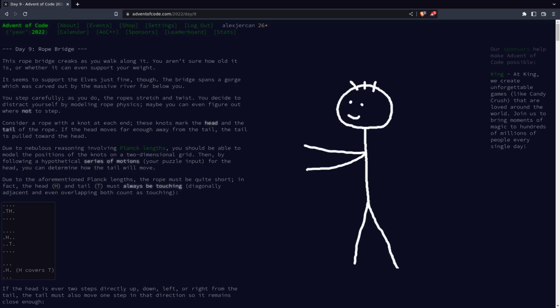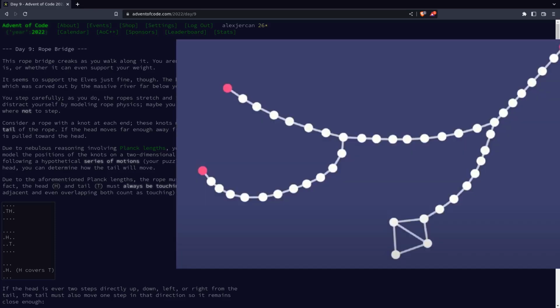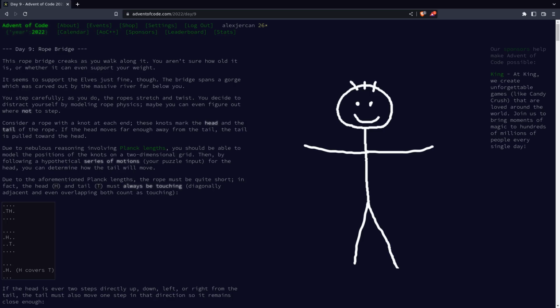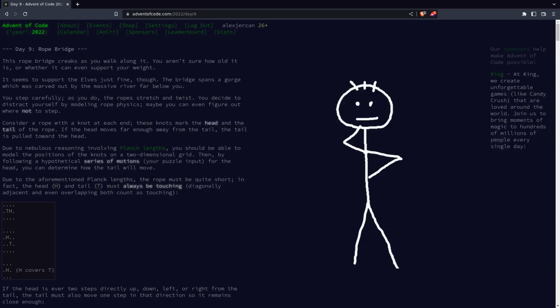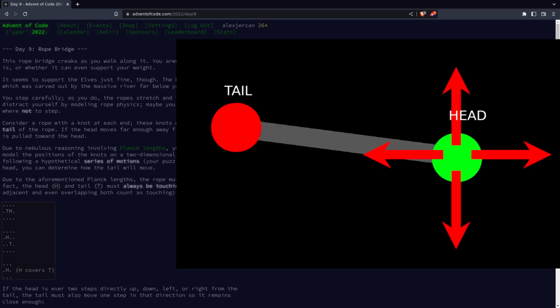Alright you guys, so for the ninth problem we have to solve a rope simulation. For the first question the problem will be very simple. We'll have only two nodes connected by a line and we have to simulate how this setup moves. So the head will be able to move around in four directions, up, down, left and right, and the idea